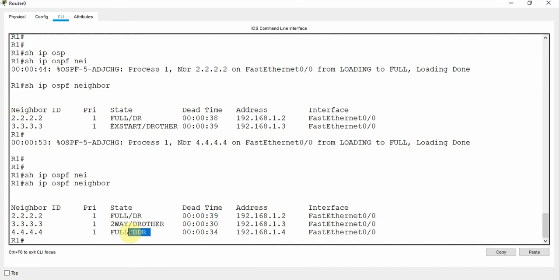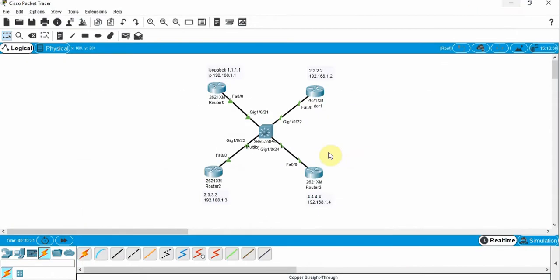Now I will do something else. I will try to switch off this router. Okay, I will reboot this router and let's check who will be the next BDR. So what will happen, let me tell you, if this router is BDR right now and it is down, the election will be done between these two routers, because this is now a DR and this is a BDR. No, there will be no more BDR, so the election will be done between these two routers, and they will